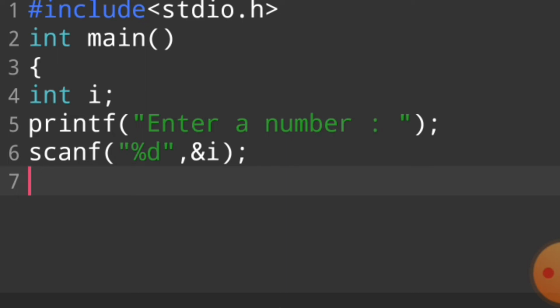And then we say int *j = &i, so j is equal to the address of i.